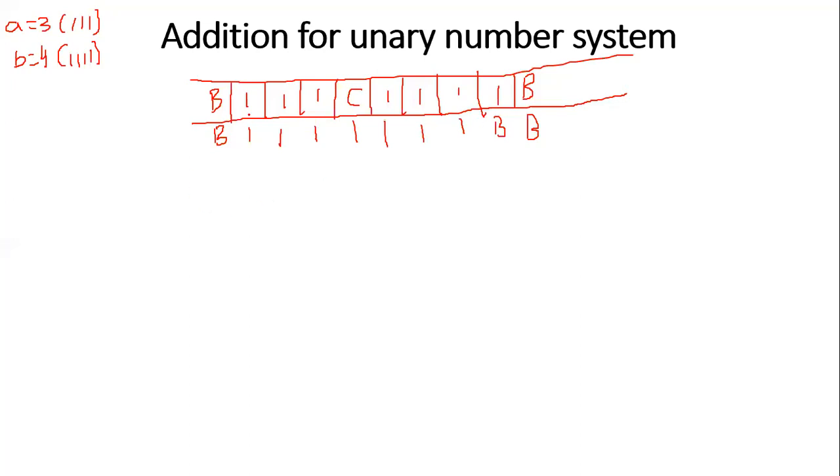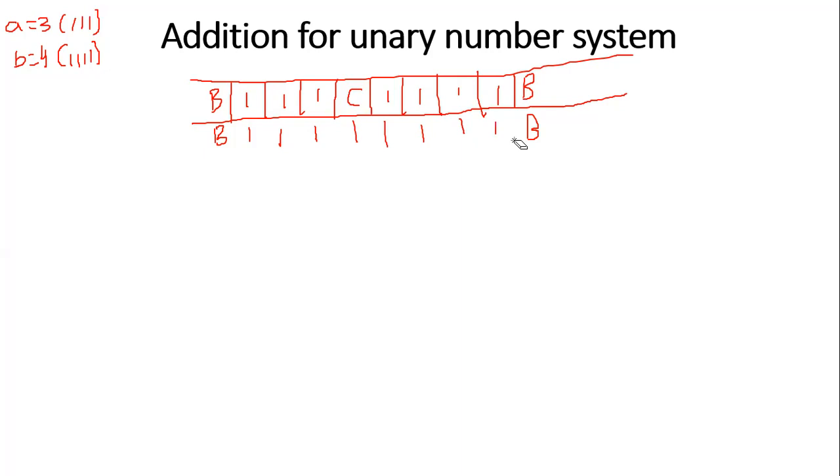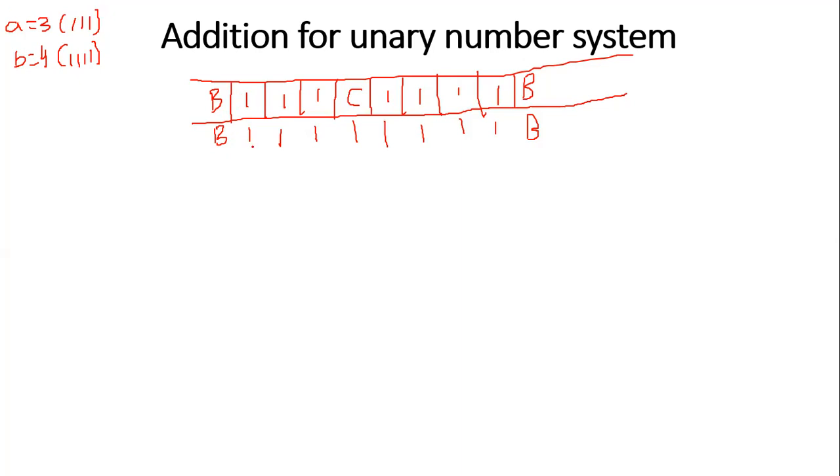See here, I'm leaving this one as it is, and I'm leaving all these ones as it is until I get C. Every time I get 1, I'm just leaving ones as it is. And what I'm going to do is, as I need consecutive ones, I'm going to change this C to 1. I'm keeping all the ones as it is. As I need 7 consecutive ones, I'm changing the intermediate C to 1 and keeping the remaining ones as it is.